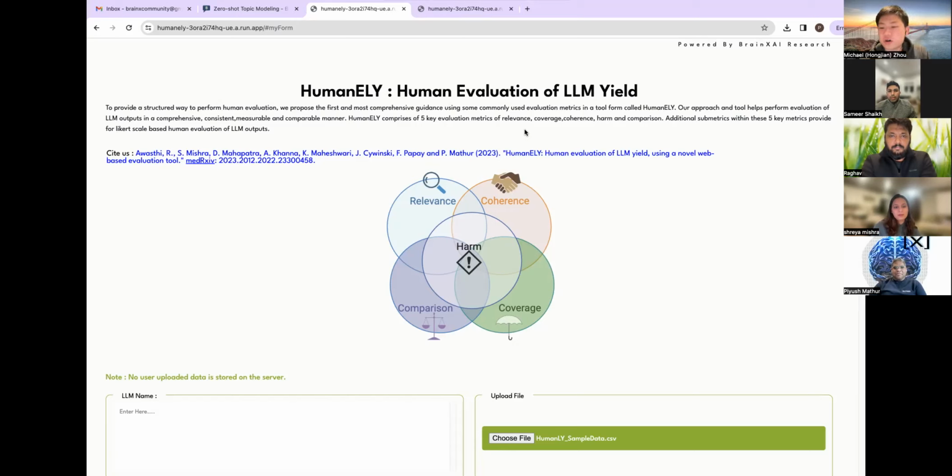Yeah, and just a follow-up question for Dr. Martha. Do you have any suggestions or recommendations for people that are trying to use this tool? What do they have to be aiming for, and what do they have to be careful about when using this tool? So look,